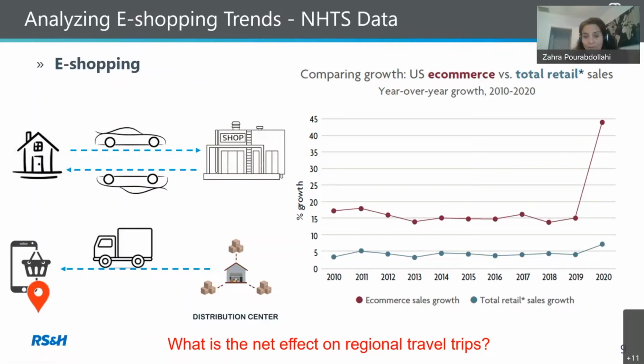According to the United States Department of Commerce, last year during the COVID-19 pandemic, there was a huge spike in the growth of e-commerce. The average annual 15% growth increased by 30% and was close to 45% annual growth for 2020. So with all these changes in the shopping behavior, there come changes in the shopping trips. The characteristics of the shopping trips are changing, and there is also an increase in